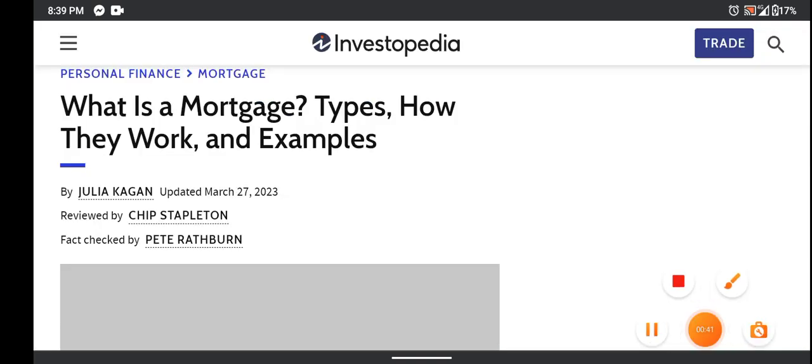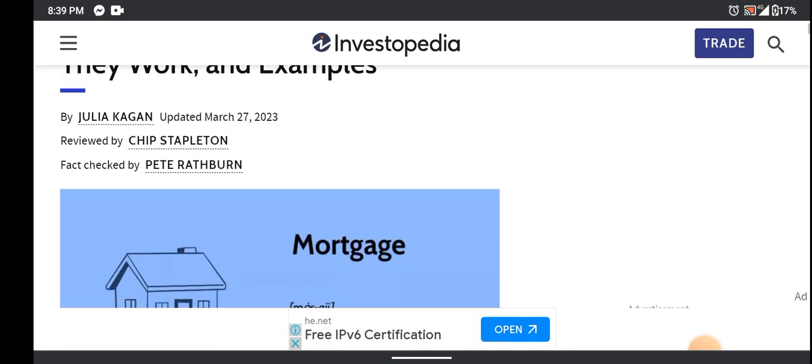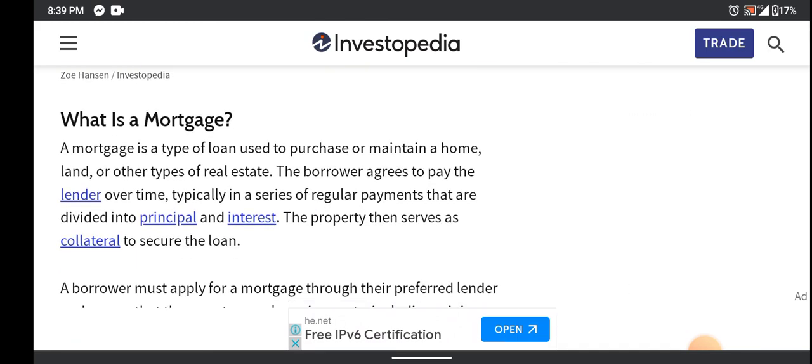What is a mortgage? Types, how they work, and examples. What is a mortgage? A mortgage is a type of loan used to purchase or maintain a home, land, or other